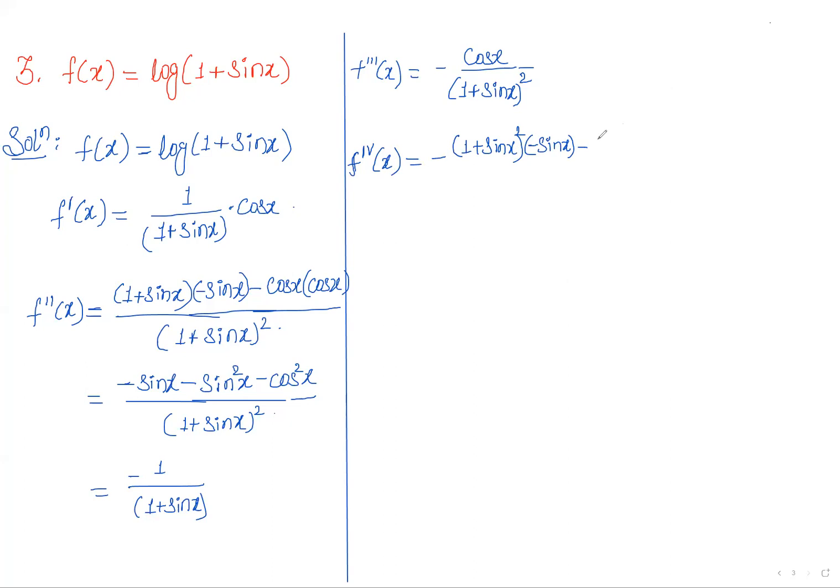First I am taking that cos x as it is, minus already minus cos x, so it becomes plus. The derivative of 1 plus sin x bracket square is 2 into 1 plus sin x into cos x, divided by 1 plus sin x